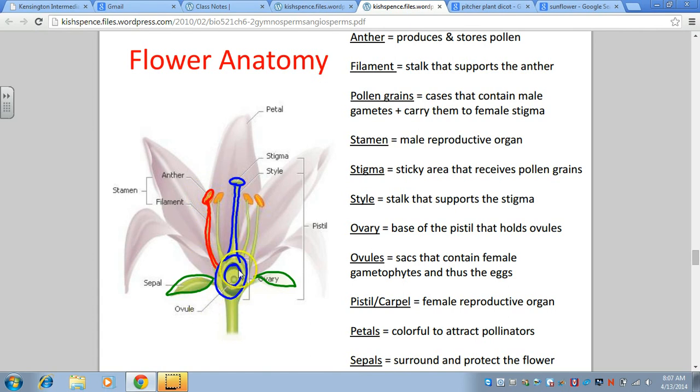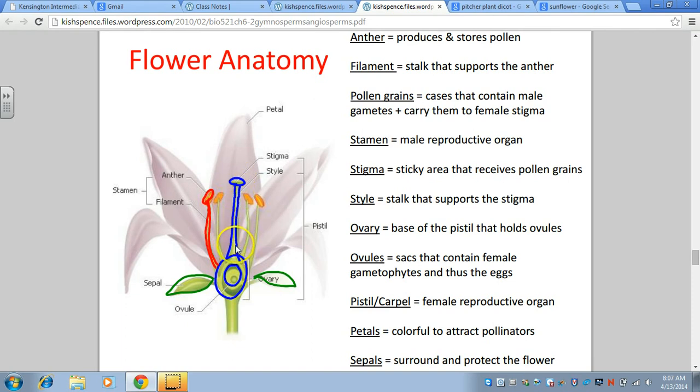The blue is female. The whole structure can be called a pistil or a carpel. You'll see it or hear it called either. It's made up of 3 parts. This top part here is the stigma. Think sticky stigma. The stigma is sticky, and that's where the pollen grains will stick or land. Whenever a pollinator comes along, or when it's carried in the wind or whatever, the pollen will land on the stigma, and it'll travel down